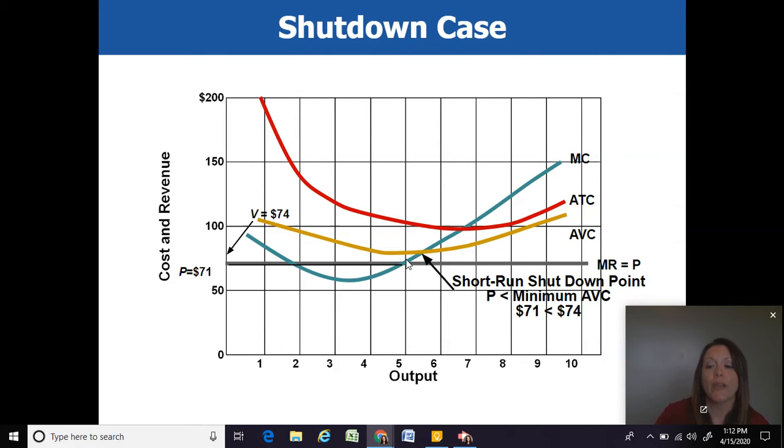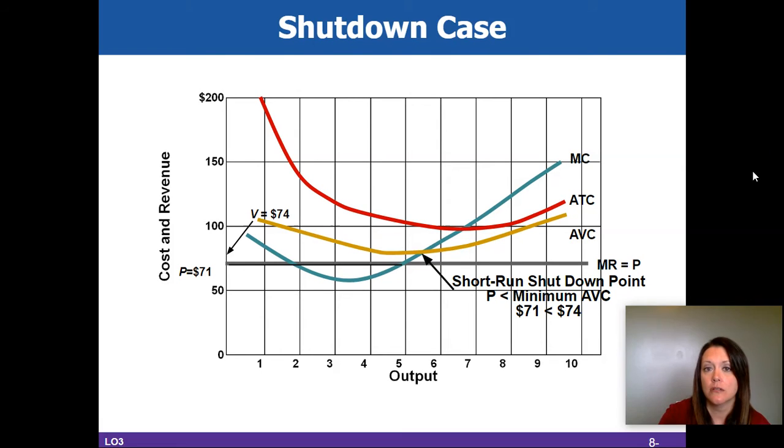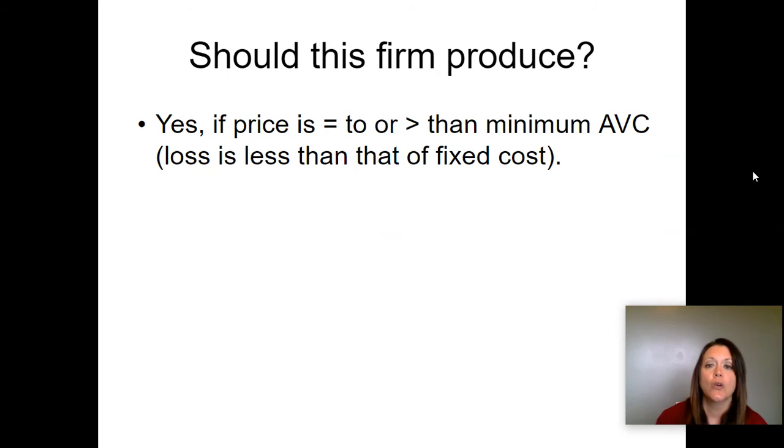So when it comes to making decisions about profit, there's a couple questions that businesses have to answer. The first is, should this firm produce? Should we even be in production? The answer is yes, if the price is equal to or greater than the minimum average variable cost. In other words, if your loss is less than that of your fixed cost,